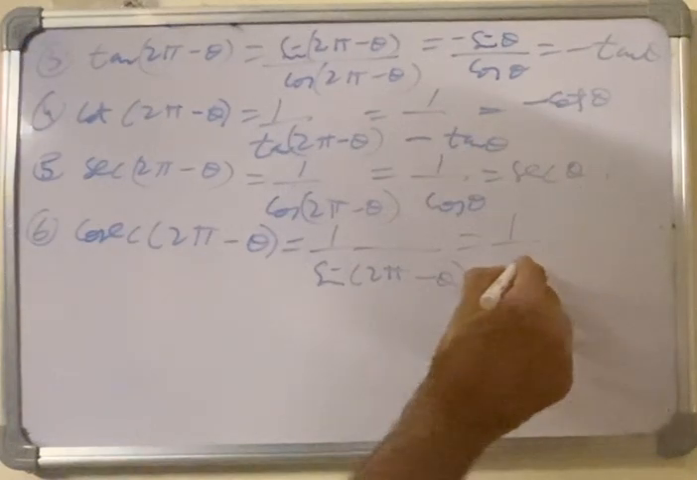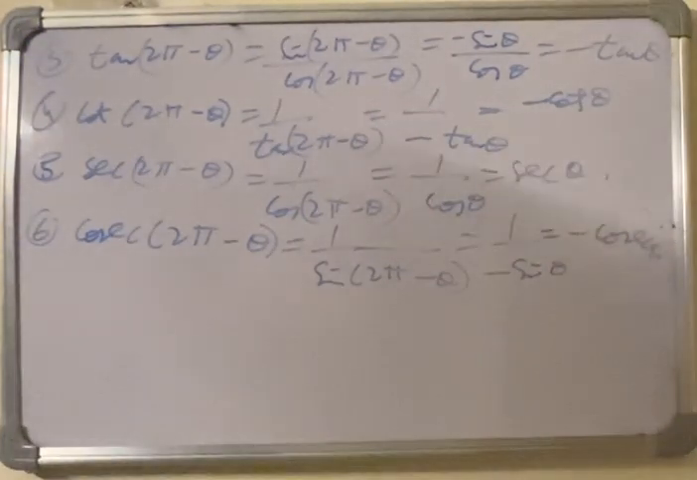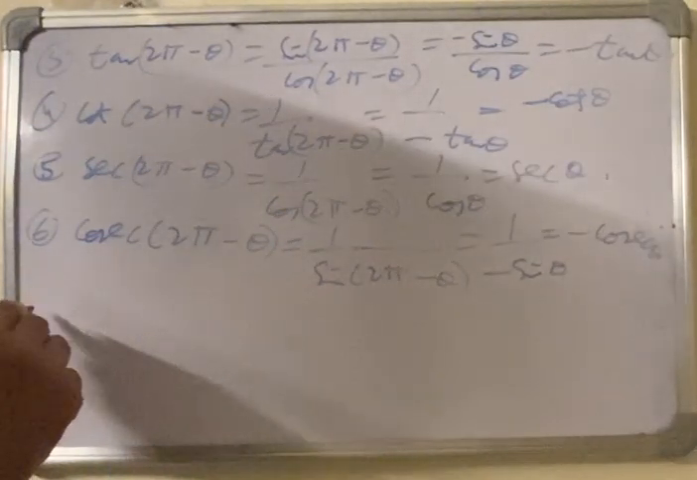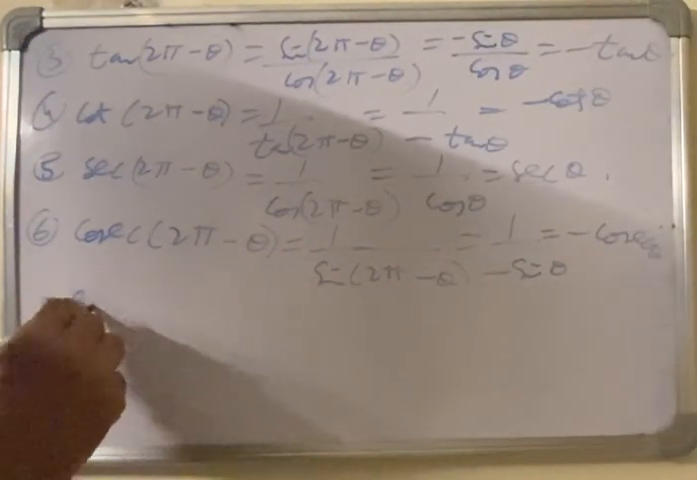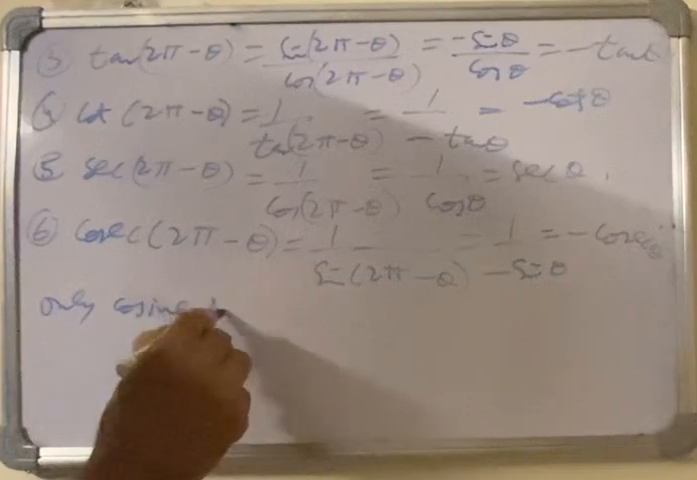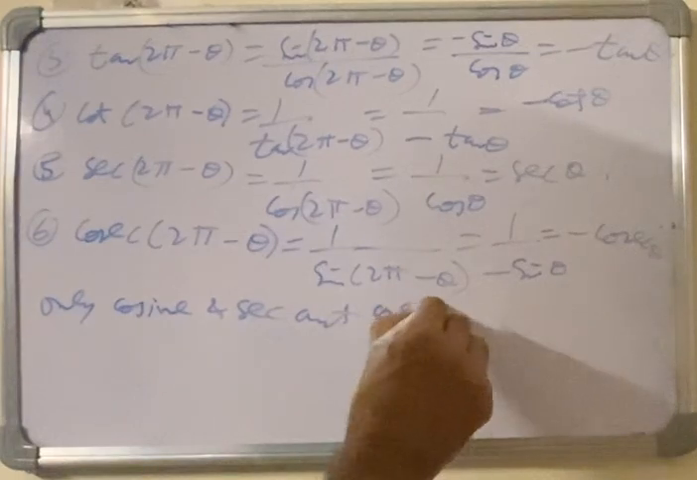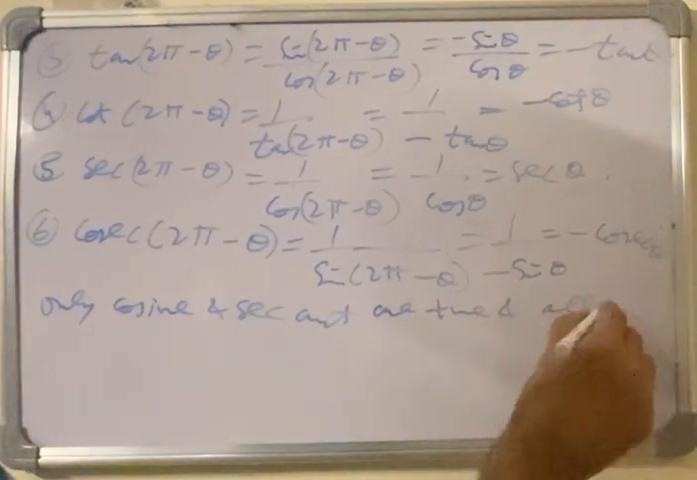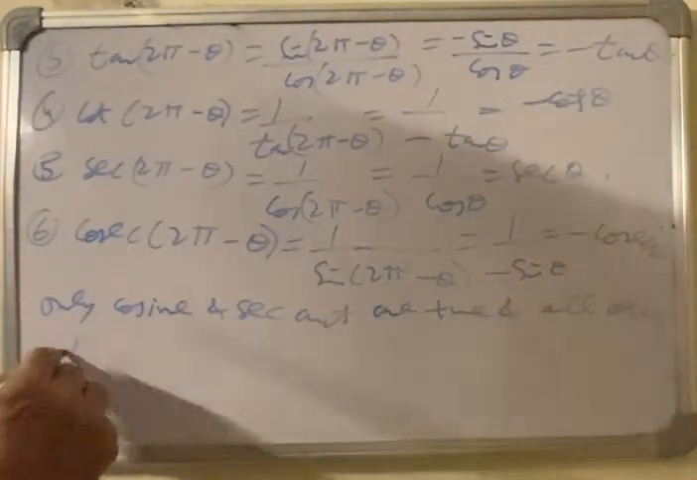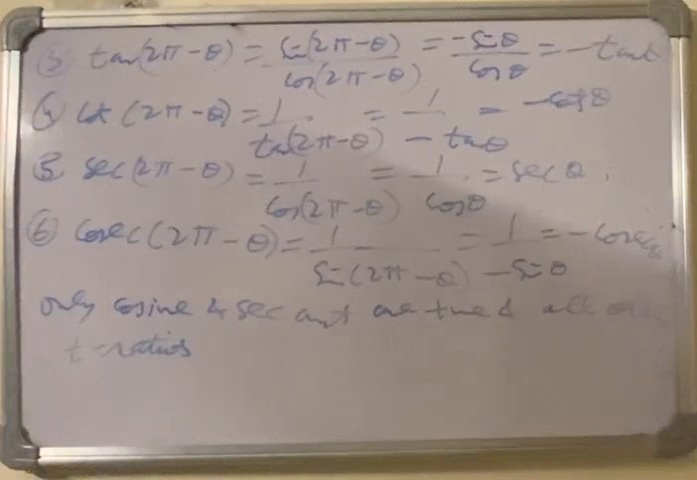1 over minus sine theta is equal to minus cosecant theta. So cosecant remains cosecant, but it is negative. So in fourth quadrant, only cos and secant, cosine and secant are positive, and all other trigonometric ratios, that is sine, cosecant, tan, cot, are